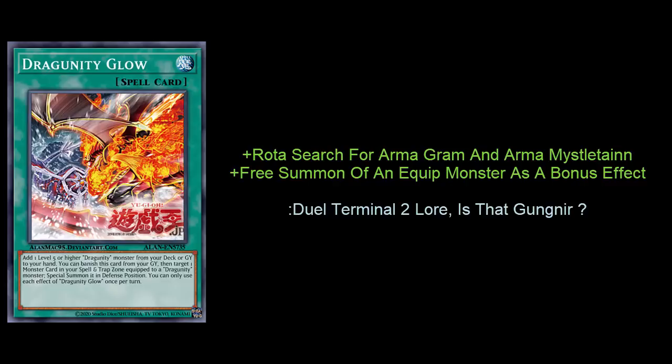And then this also gives you the ability to special summon your Dragunities that are equipped to your big Dragunities on field. Or if you took your opponent's monsters, because Armor Graham has that effect where if you run over one of your opponent's dudes, you get that monster and put it in your spell and trap zone as an equip. You can just go ahead and special summon that monster as well. And I'm not really going to hate on the fact that the monster is special summoned in defense mode, because it's pretty much just a free effect. You're banishing from the graveyard to get that effect, so how can I really complain about something that's just a